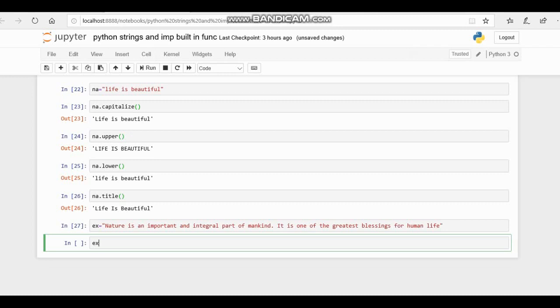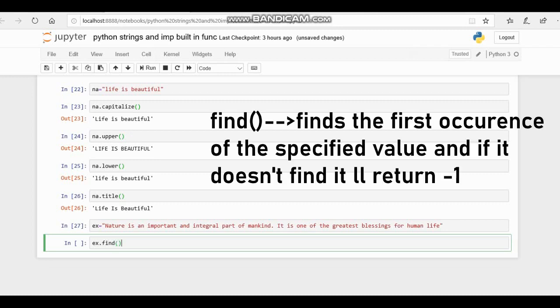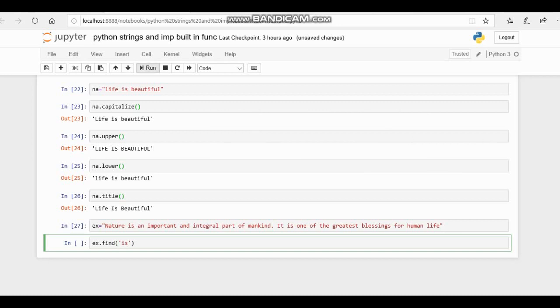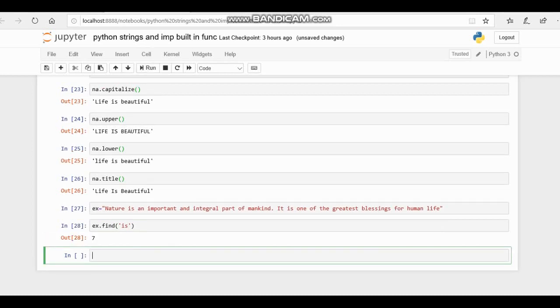The ax.find function is used to find a string. It will return the offset, that is the index, of the string. There are two places where the word is present. The find function will show the first occurrence where the word is present. It will show the index of the word.